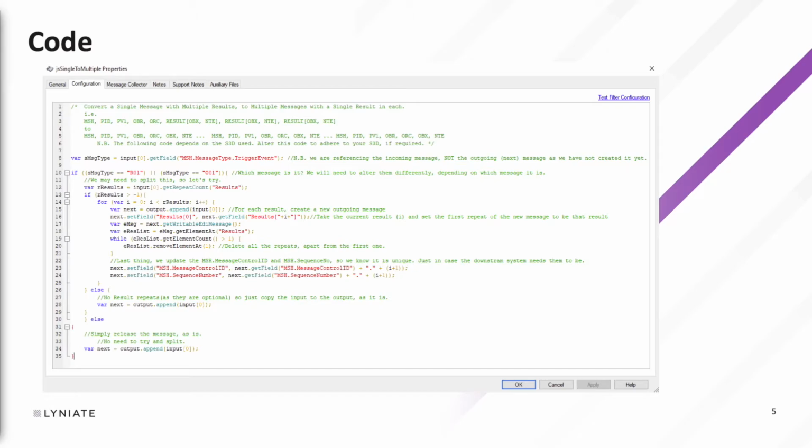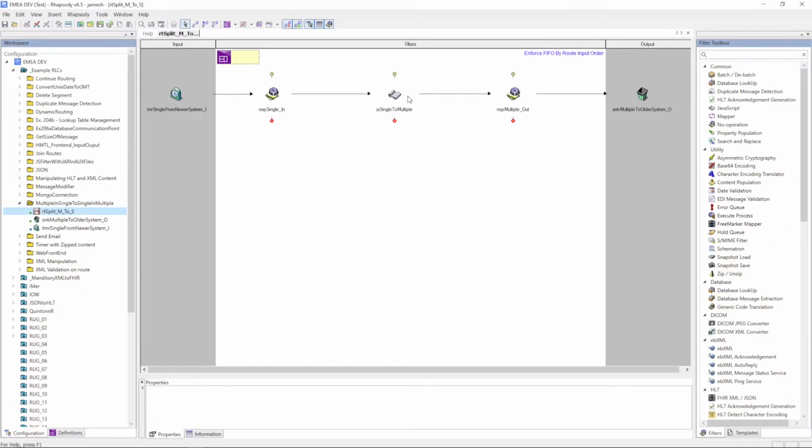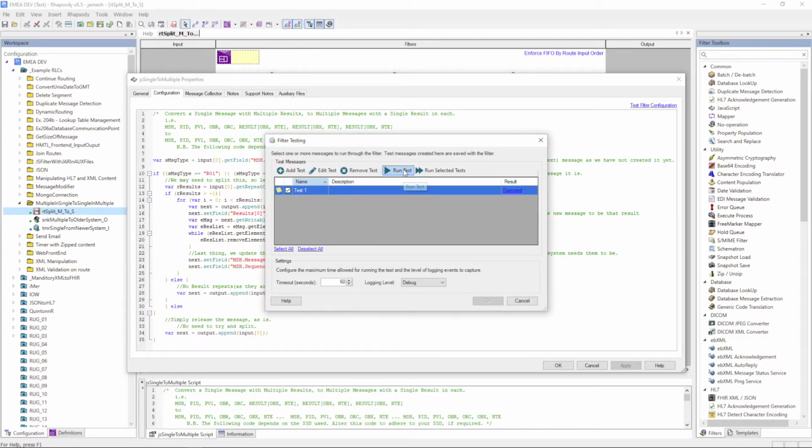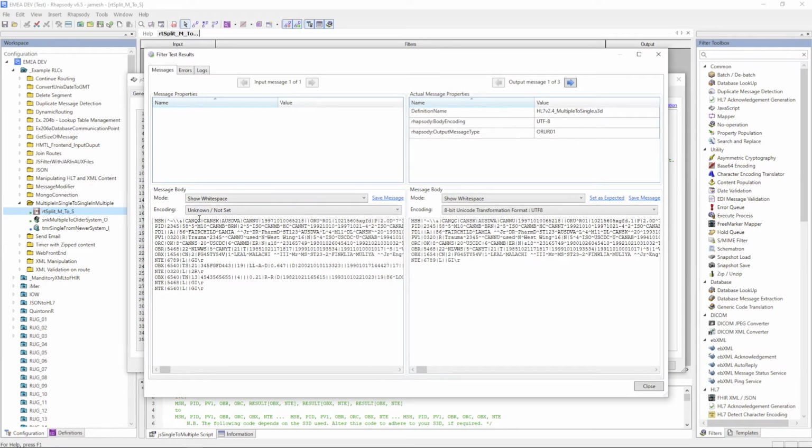Let's jump into Rhapsody and see what that looks like. This is a very simple route with a timer to emulate a new input system and a sink to emulate an old output system. If we open the JavaScript we've just explained and look at the test filter configuration, we can run this test, check the executed results,